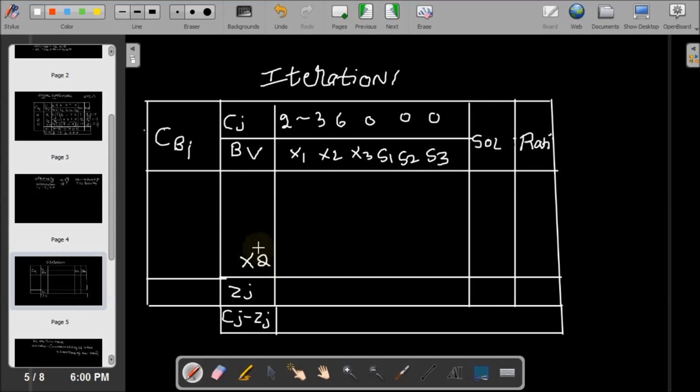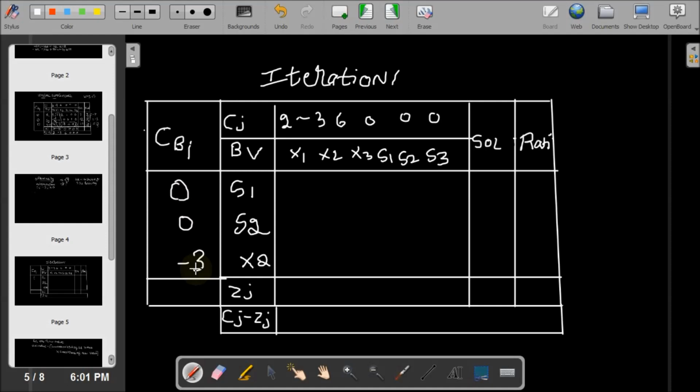So s1, right? Now what are the other variables? Which is the variable that is leaving? s3 is leaving, right? So that's why I have to consider s1 and s2. So s1 and s2. My new variable is here x2. So what is the cost? Don't forget to write the cost. What is the cost of s1? 0. What is the cost of x2? Minus 3. You can see the cost of x2 is minus 3.